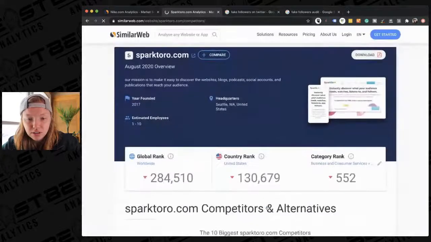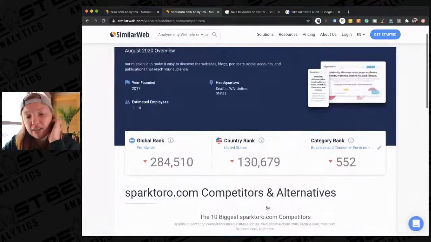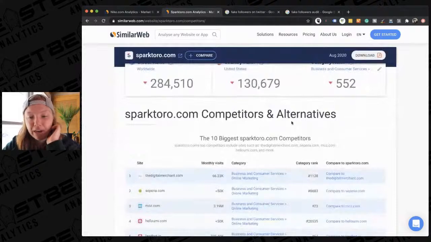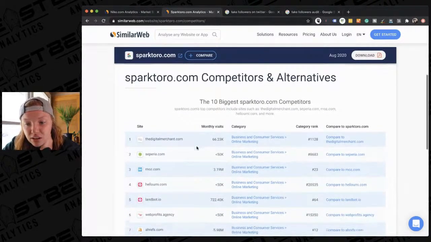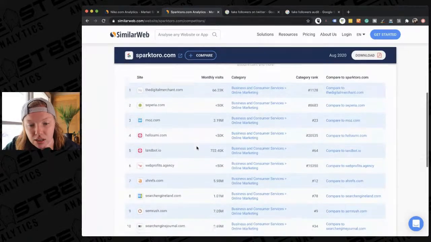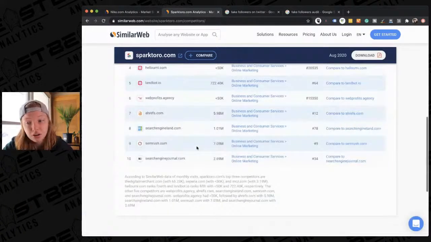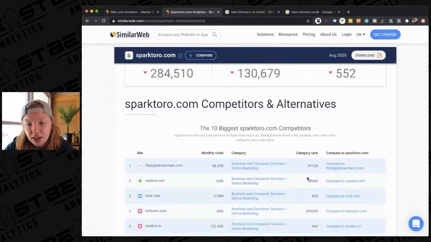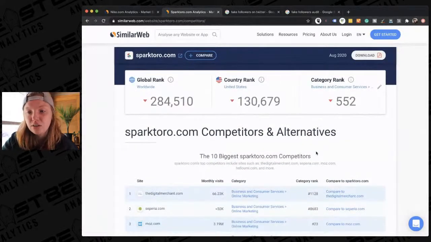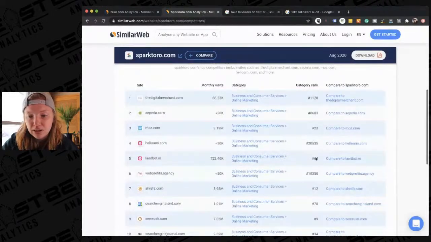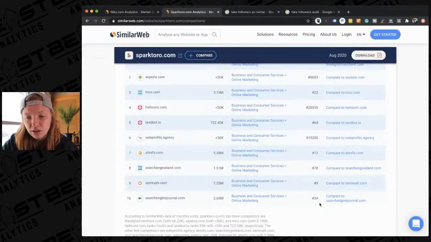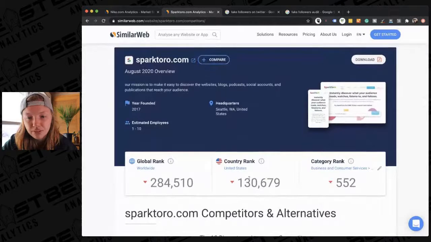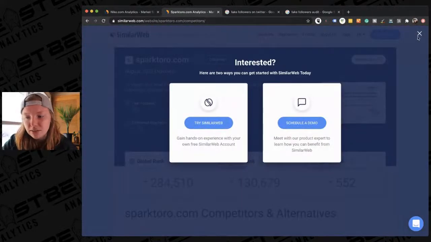I wonder if you can look at analyze competitors. So I just clicked on that, analyze competitors. I've actually never seen this view before. Competitors and alternatives. So the digital merchant, Moz, Hello, something, Landbot. Interesting. And you can see their category rank in their specific category, so they're in the online marketing category, and we can see their rank. So our rank is 552, and we can see how these other ones are ranking. Wow, that's kind of cool. Very interesting. Let's see what happens if we download this. No, we cannot download it unless we have